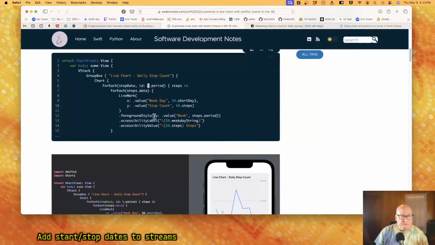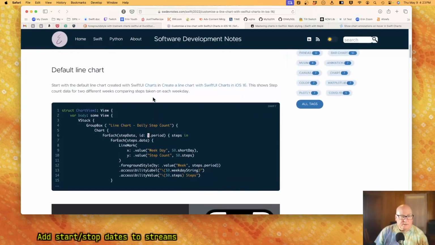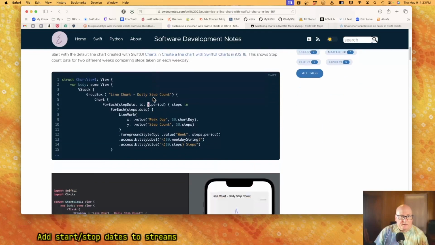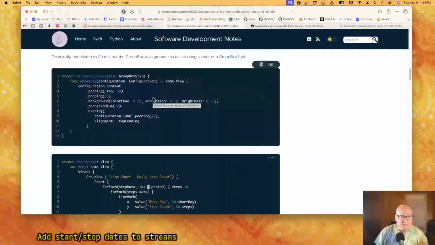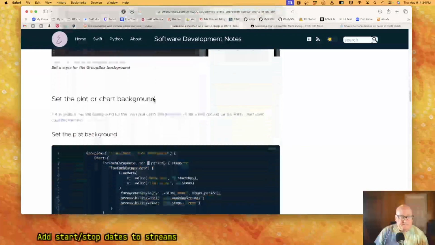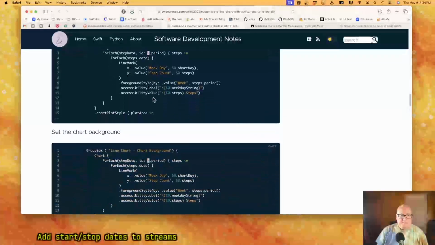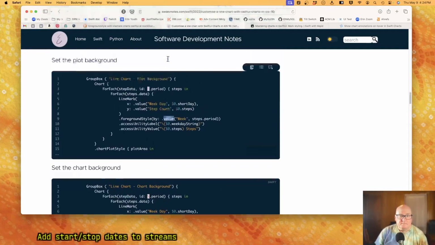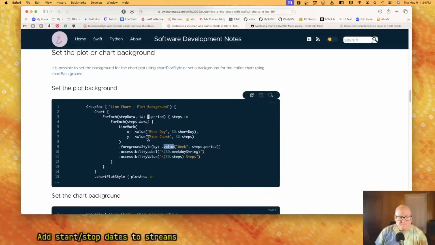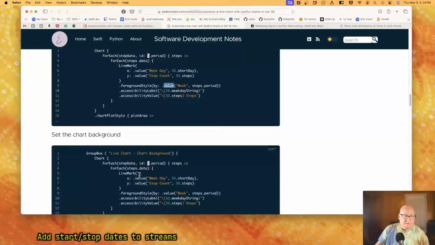Value week steps dot period. Value week steps dot period.